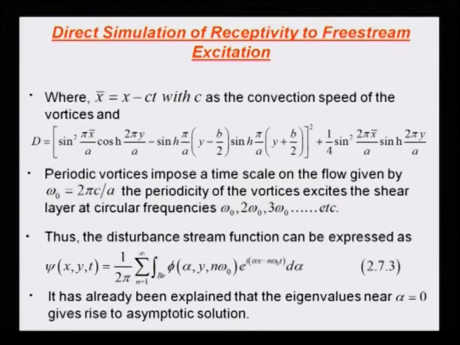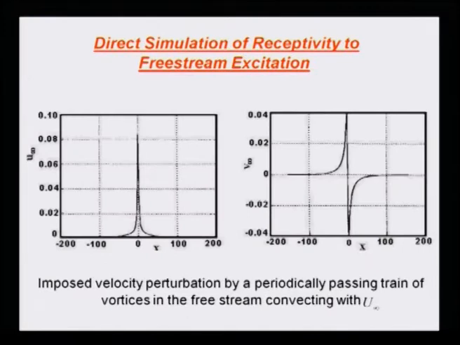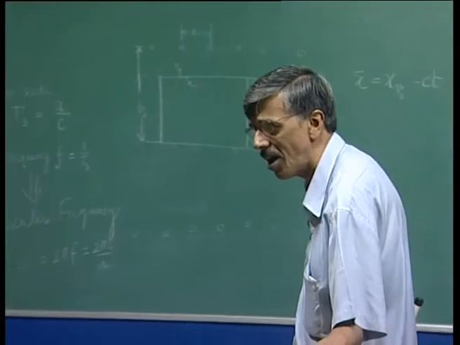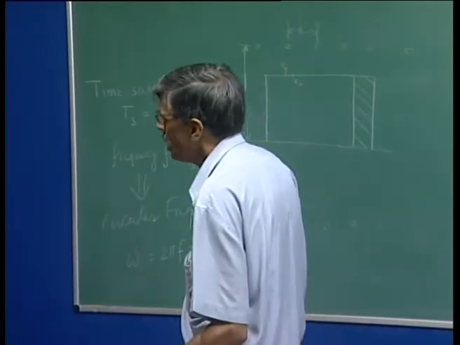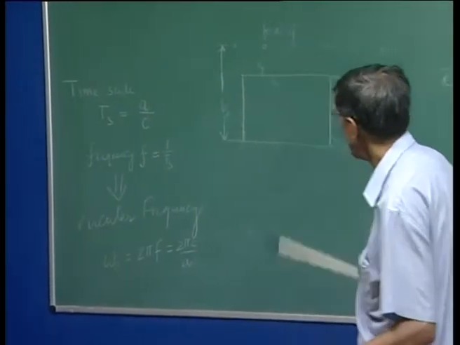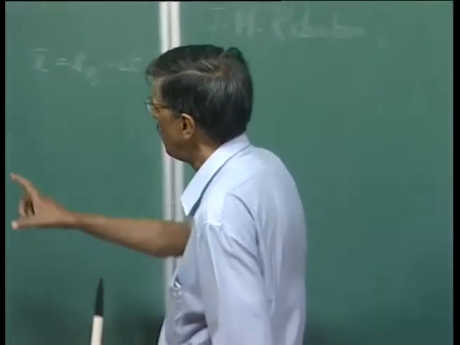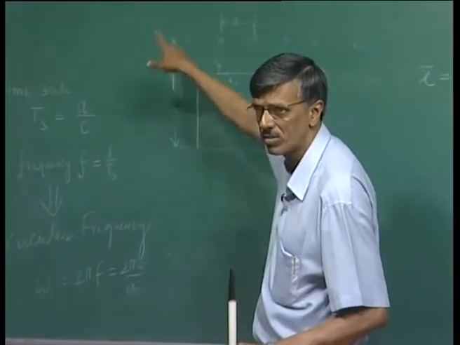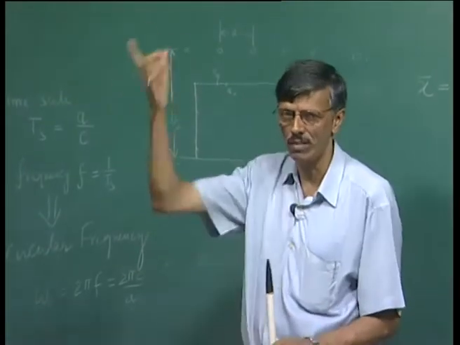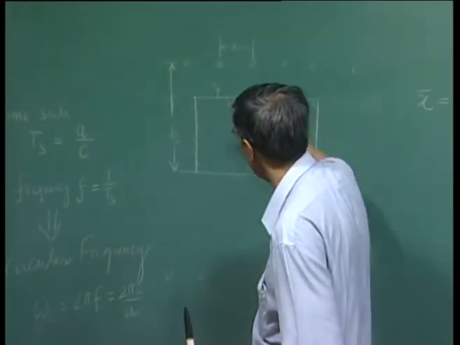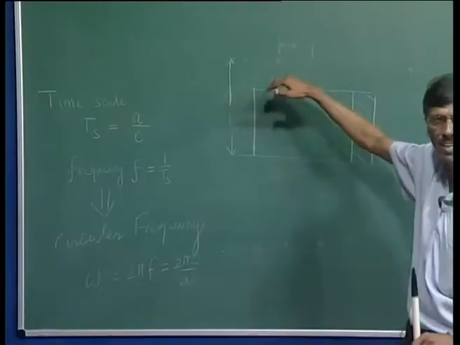Then having obtained this expression for disturbance velocity, and we have already written down the expression for u infinity and v infinity just now. Now what we could do is conjure a problem here: suppose I place this train of vortices at a non-dimensional unit of 20 or something, and I create some kind of a top lid which is slightly below.